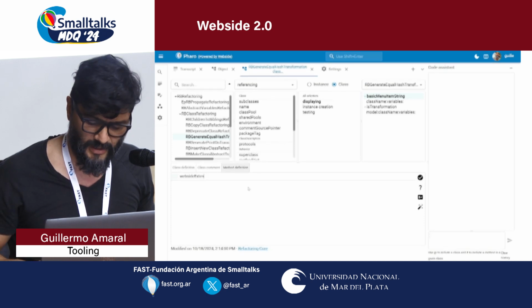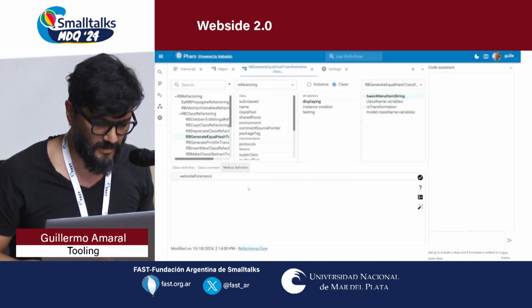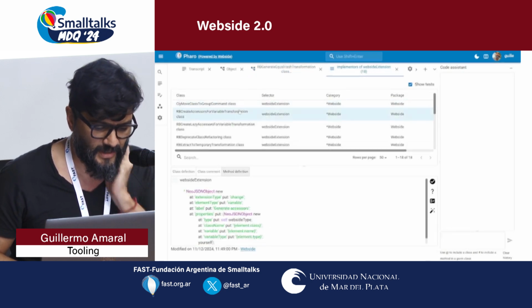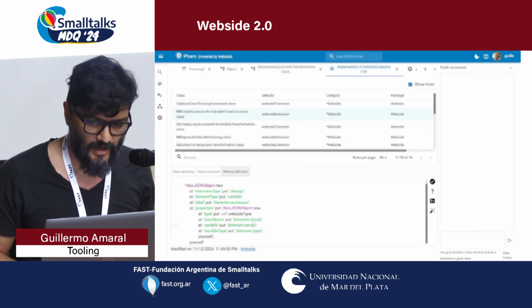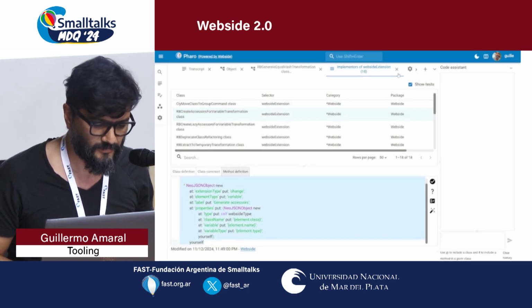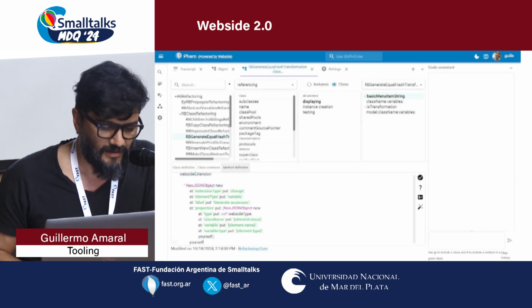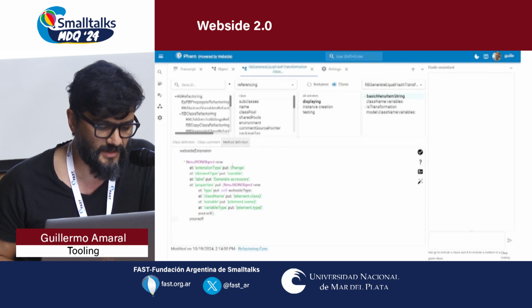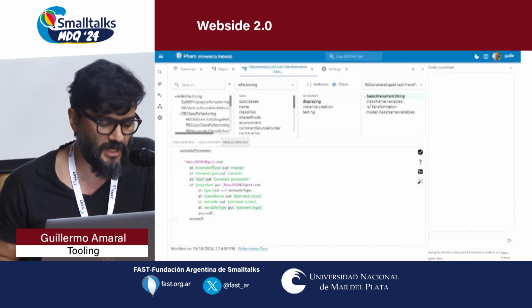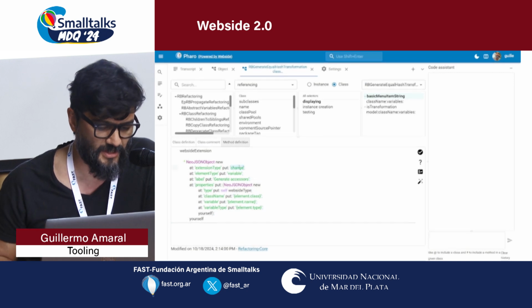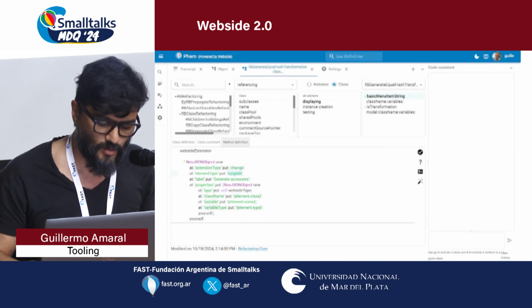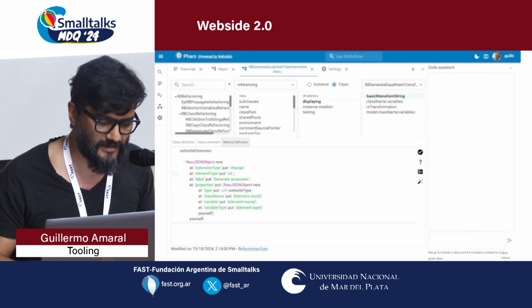So let's take an example. Like this is a JSON object. Let's take this one, for instance. Copy and bring it here. And again, if you go to the documentation, this is pretty well documented. But essentially, this is an extension of type change because it refers to changes. And it applies an element. There are a bunch of elements where you can apply changes. And in this case, we wanted to apply it on a class.